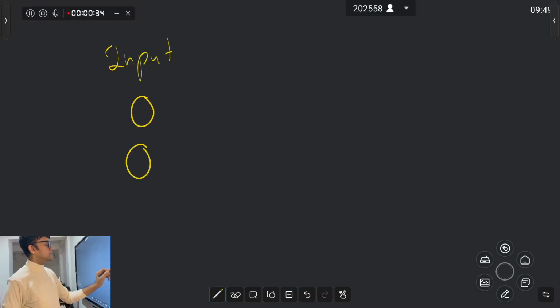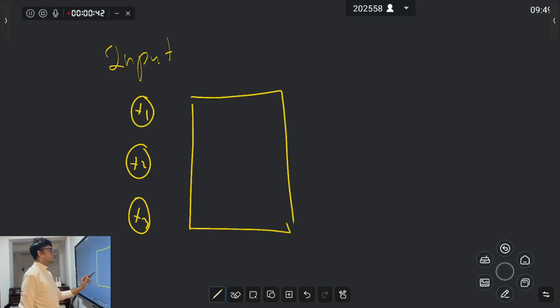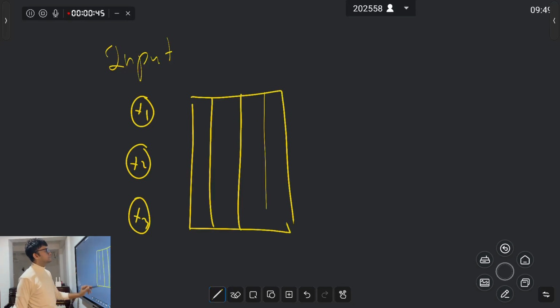So these are like your inputs, right? X1, X2, X3, and this will be sent to multiple layers of what we call hidden layers, and then this will actually give out